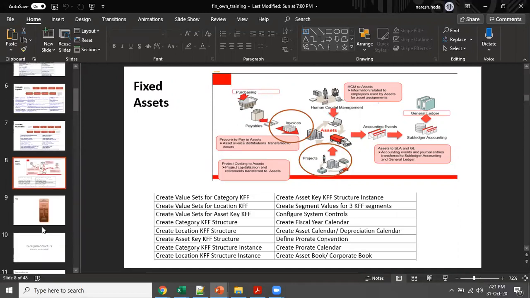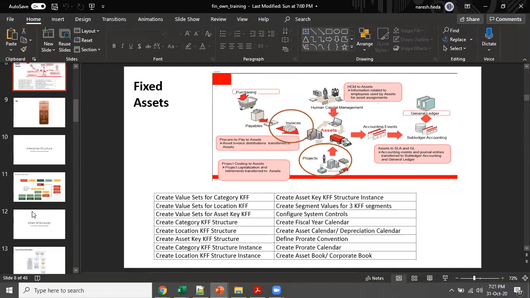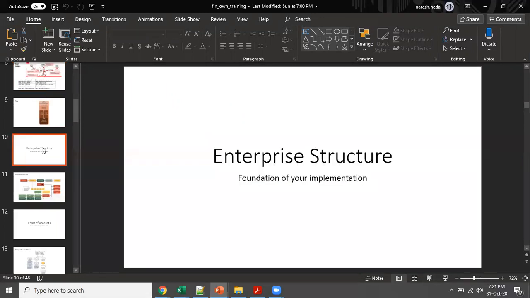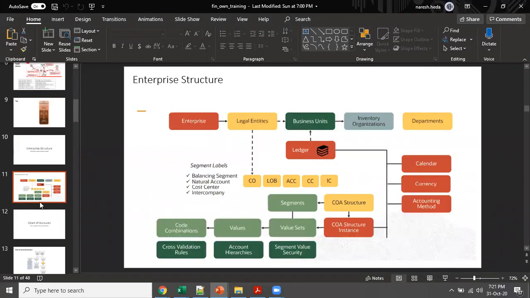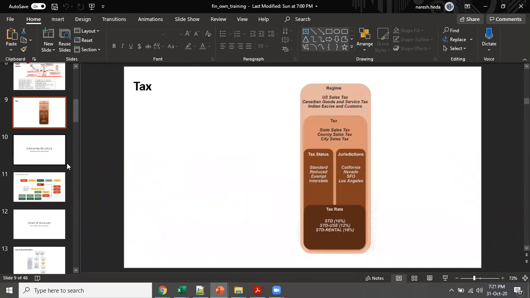Now, when we start, we would be going through all these slides. Right now, I won't go through all of these slides, because I want to focus more on the applications, since that is something we haven't touched. And this is related to tax. Whenever we do tax setup, first we need to see how taxes are set up as per Fusion, and what the concepts for tax are with respect to Fusion. Once we are thorough with these concepts, then we will go to the setups.